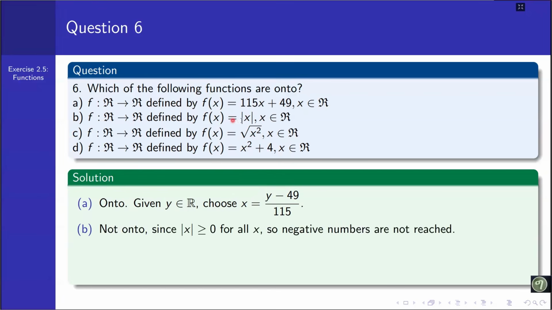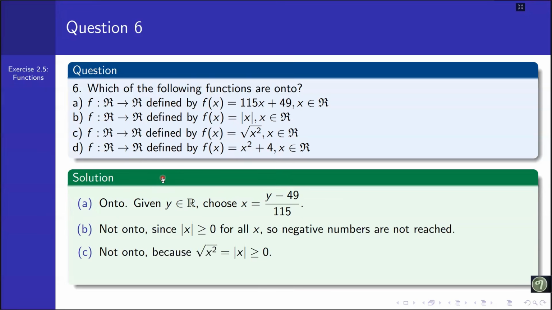B, a function that's f of x equal to absolute value of x, it's not an onto function because the absolute value of x is greater than or equal to 0 for every real number x, so that negative numbers are not reached, or simply don't have a preimage. ለምሳሌ እዚህ ጋር ማይነስ ዋንን በምንወስድበት ጊዜ ምክንያቱም ፋንክሽኑ ፍሮም አር ቱ አር ነው ዲፋይንድ የተደረገ፣ ስለዚህ ኔጌቲቭ ሪል ነምበሮች ፕሪሜጅ የላቸውም። ያ ማለት ኤክስ ኔጌቲቭም ፖዚቲቭም ይሁን ሁል ጊዜ አውትፑቱ ኔጌቲቭ ያልሆነ ሪል ነምበር ነው። ስለዚህ ይሄ ፋንክሽን ኦንቱ ፋንክሽን አይደለም ማለት ነው።